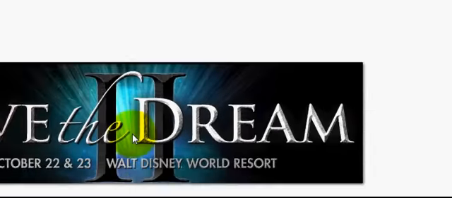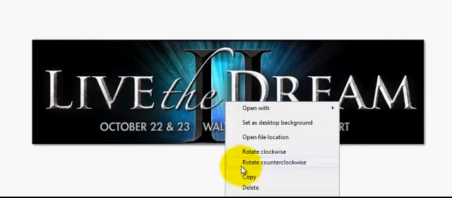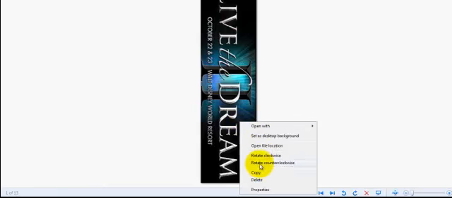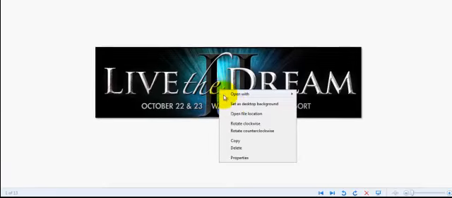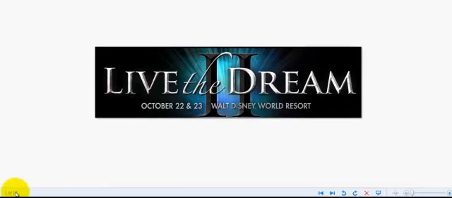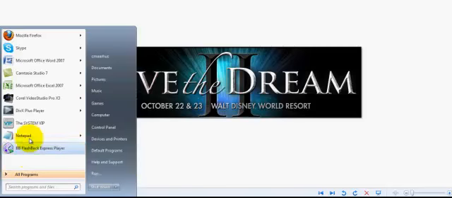Opened that up. I right click, copied it, or actually here, rotate clockwise. Like that. And you can hit save, but that isn't what I did. I actually took it, copied, and then I simply went into